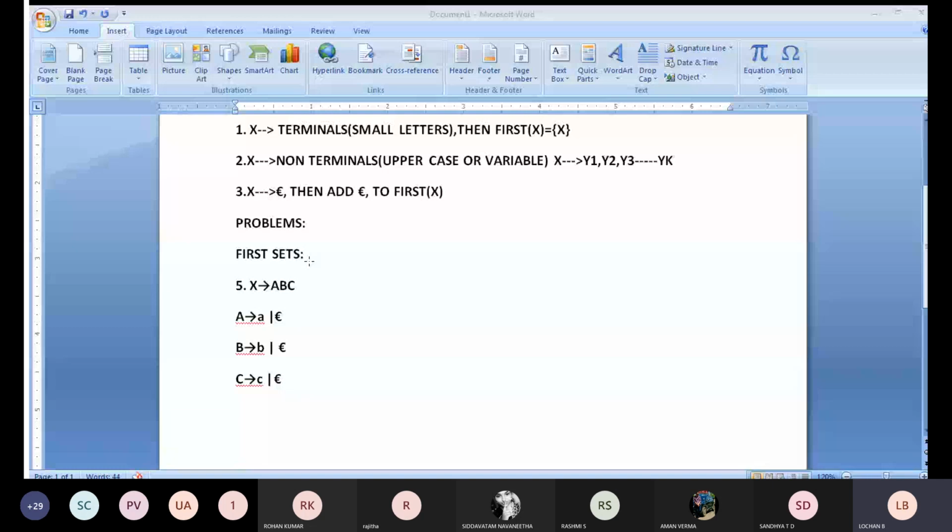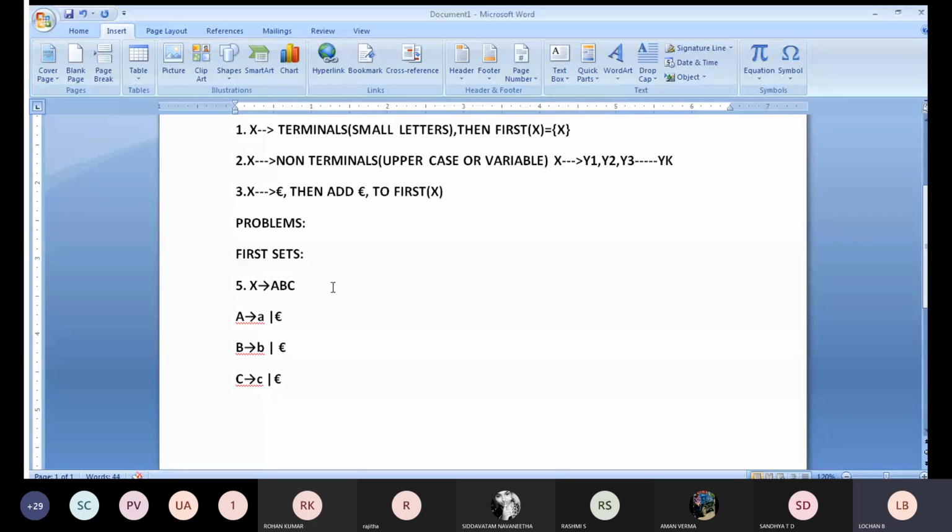If you want to complete, you complete it. I'll give time. Once you complete, just tell me and we'll move to the follow concept. Some follow I'll tell, and a few basic problems will go to the follow. Once you complete it, you just inform me. We'll move to the follow part.